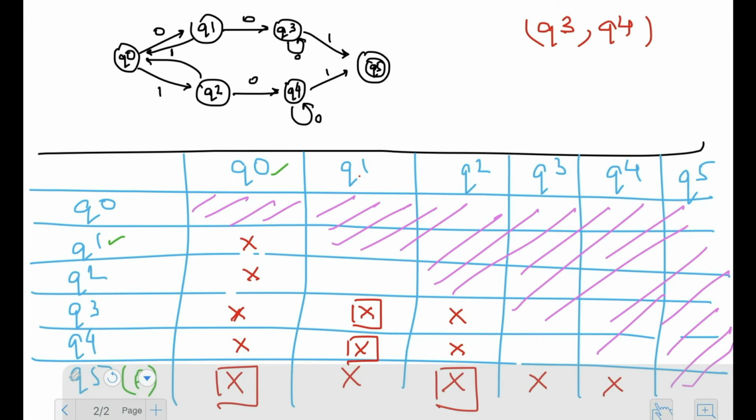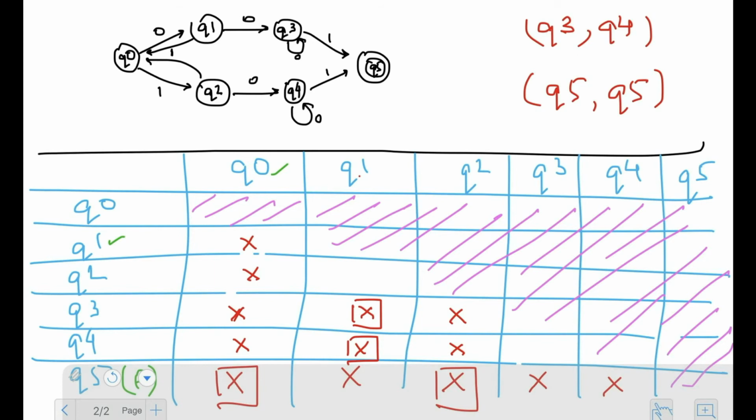So I cannot mark Q3, Q4 right now, at least based on a 0. Now looking at 1, from Q3 on 1, I go to Q5, and from Q4 on 1, I go to Q5. So once again, I'm never going to say that Q5 is not equivalent to Q5, so I cannot mark Q5, Q5. So at this point, I cannot comment on Q3, Q4 either, and that was the only two squares